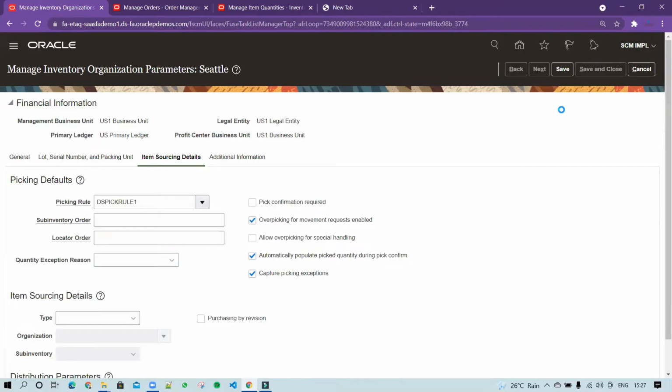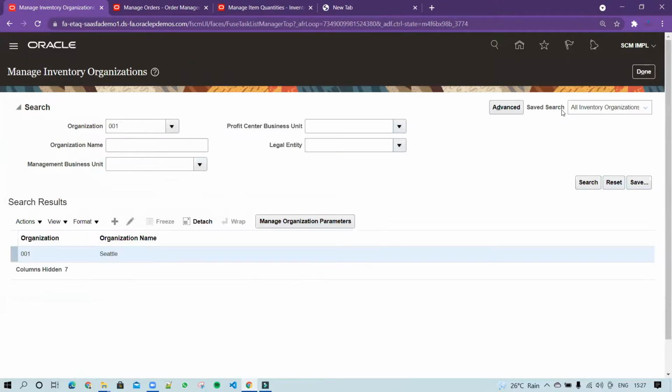Once done, we'll go to the second step, that is manage shipping parameter. Within the manage shipping parameter, we have to enable quick ship, where we also have to define the sub-inventory codes.